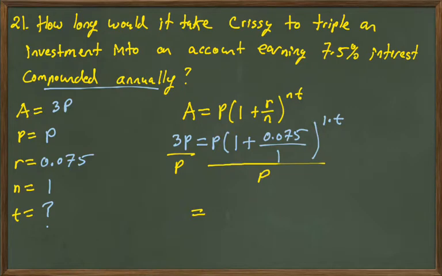And oops, I guess I erased that on accident. So then we're left with 3 there. And so you see that the principal actually cancels out. So that's why it doesn't matter what the amount we put in was. The tripling time, as long as it's not 0, the tripling time is going to be the same. Okay, and then 1 plus 0.075 over 1, we can simplify that down to 1.075 raised to the 1 times